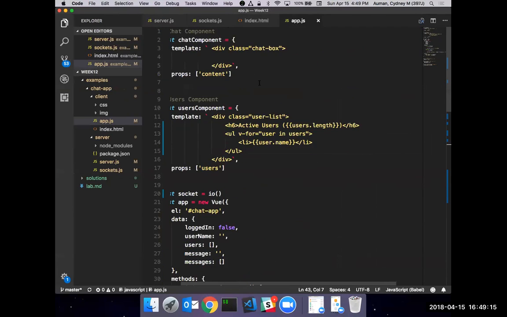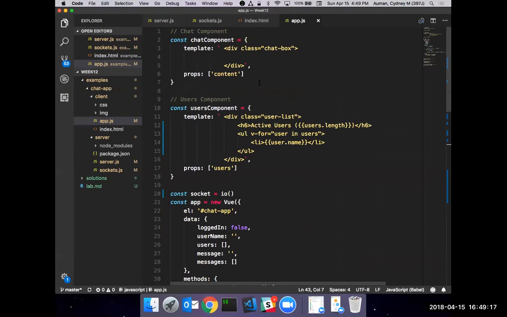Oh, we have to implement the chat component, my fault. So we need to actually print the messages here. So it's probably there, it's just there's nothing here to display the messages. So that's not bad. So now we want to display all these messages.